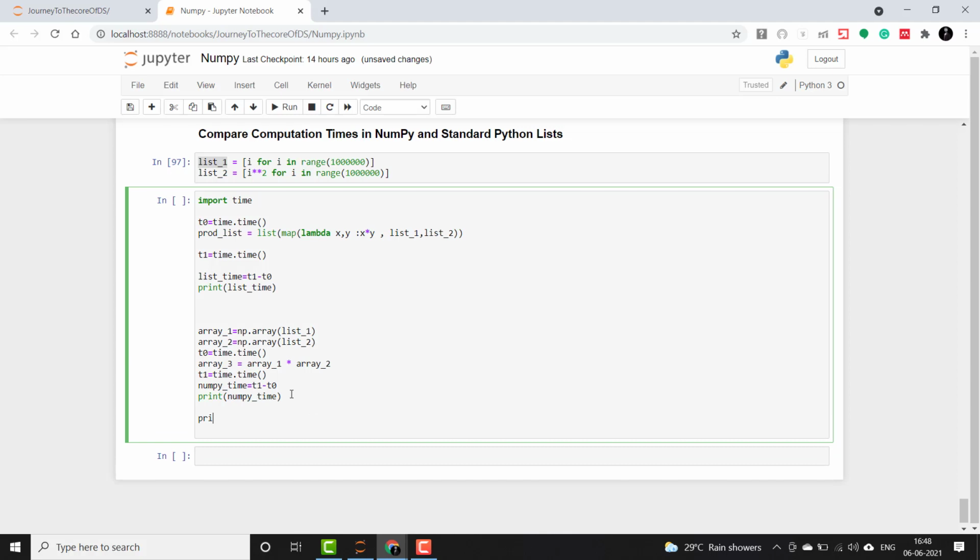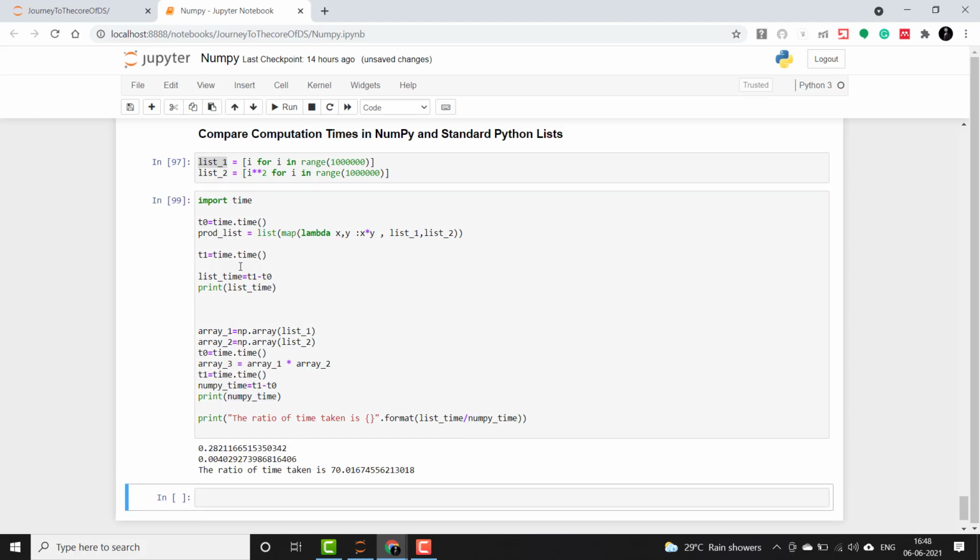And at last I will print the ratio of time taken, and I will use format here, and check this out. So list time divided by numpy time.